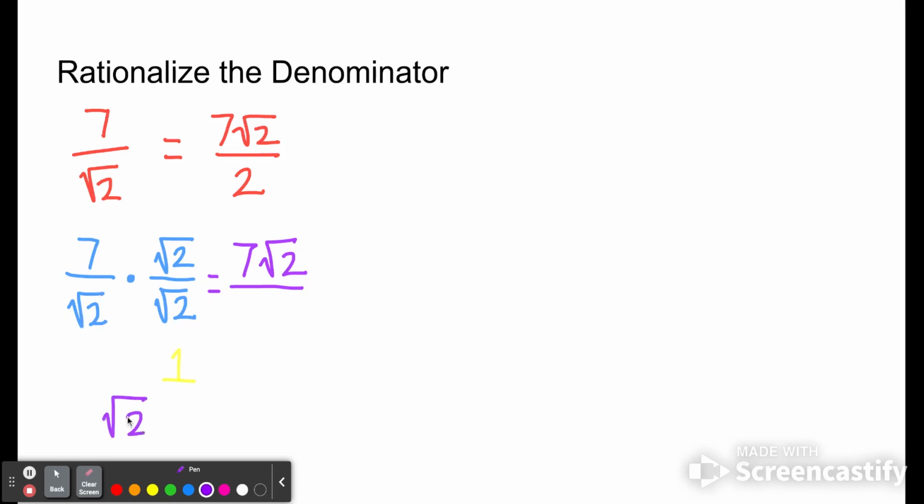You should hopefully recall that the square root and squaring are inverse operations. So when you multiply the square root of 2 times itself, or when you take the square root and then square something, do and undo, you just wind up with the number 2. That works regardless of what number is under the radical, as long as it is the same number in both denominators. Now we have, instead of an irrational number in our denominator,